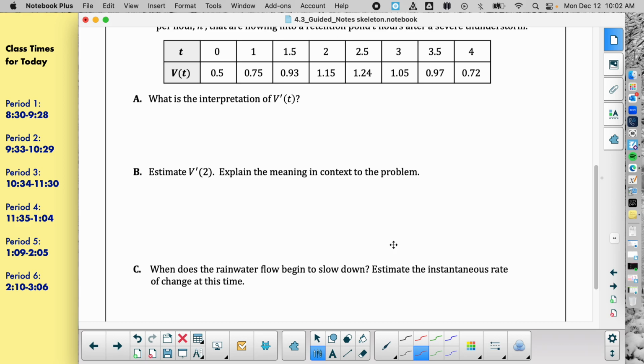Now we're not going to actually go through and find C. We are just going to talk about how to figure it out. Who's the last person? Eliza. How would we find when the rainwater flow begins to slow down? When it keeps going up from 0 to 1, and then when it goes from a higher number to a lower number. So from 2.5 to